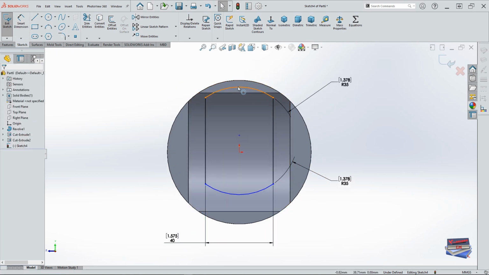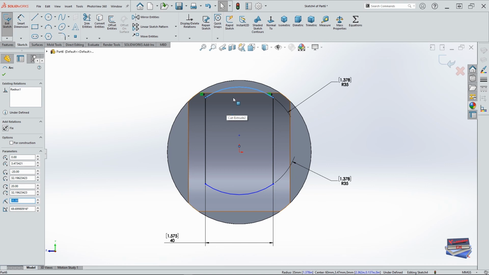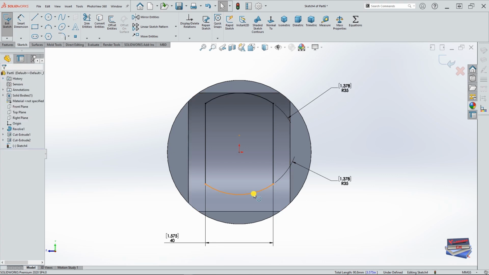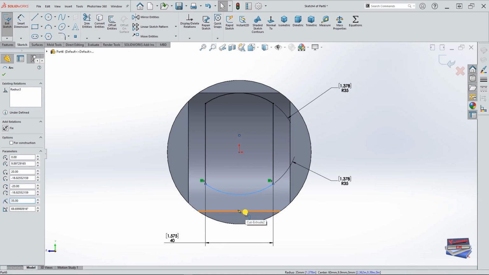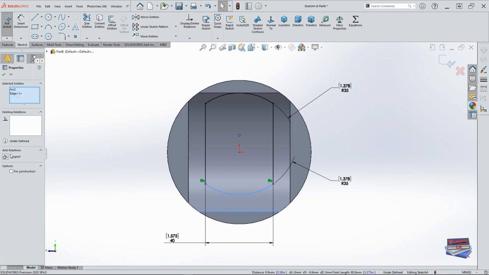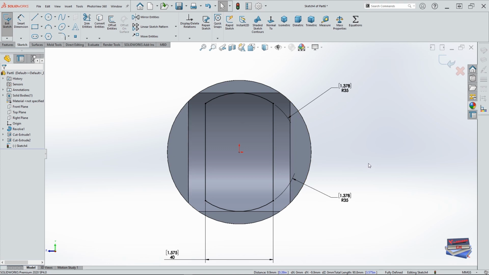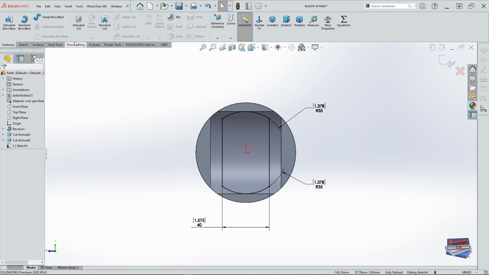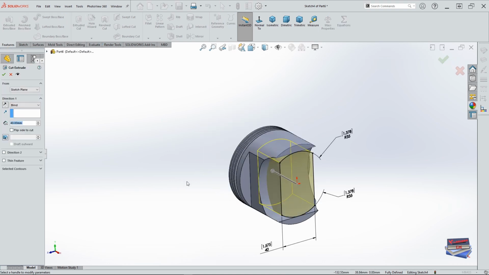Okay, and let's click this arc and shift and the line and tangent. Okay, and repeat the process for this one down here, tangent relation. Okay, our sketch is fully defined, and let us go to features, extrude cut, and we're going to extrude this